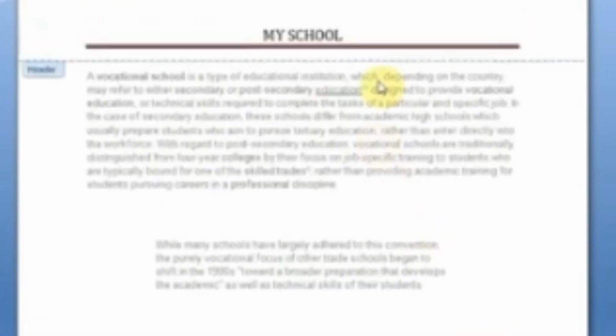And far from the address I want to mention the page number, page 01. So this way we can add our header and footer.